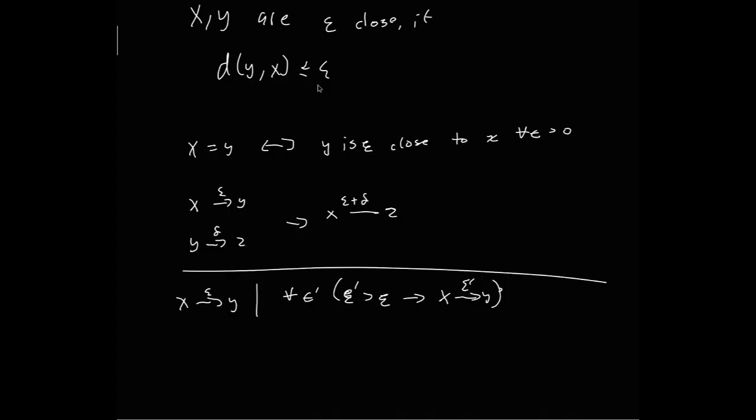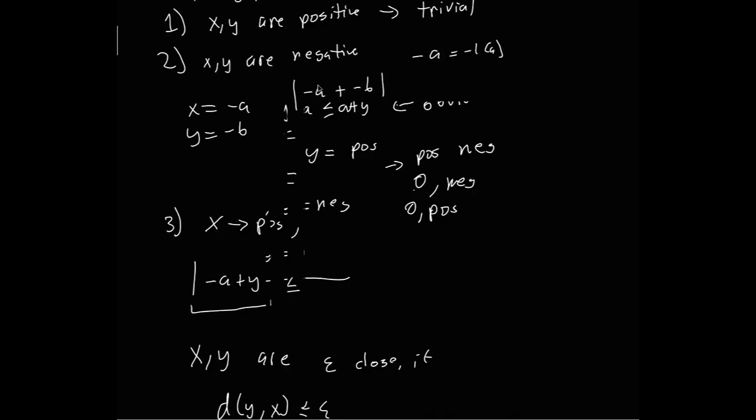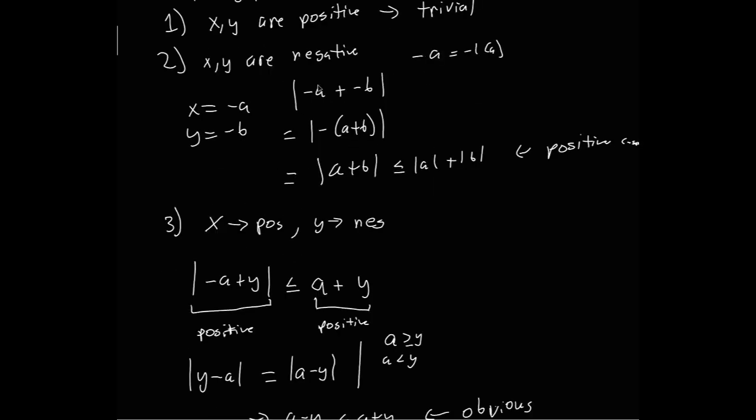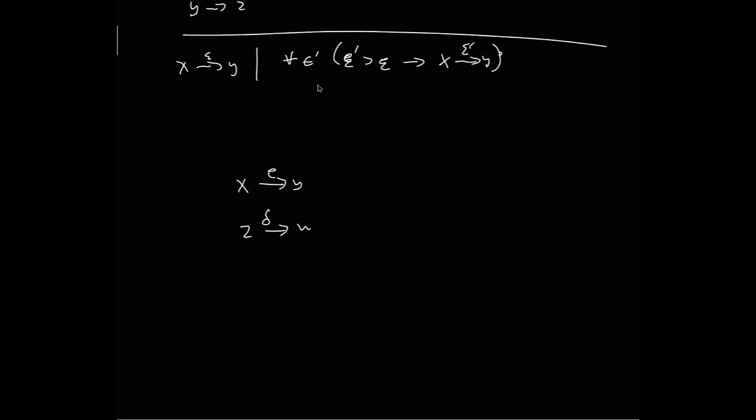Okay, final statement, because this is a bit of an involved one. If x and y are e-close, and z and w are delta close, then xz and yw are